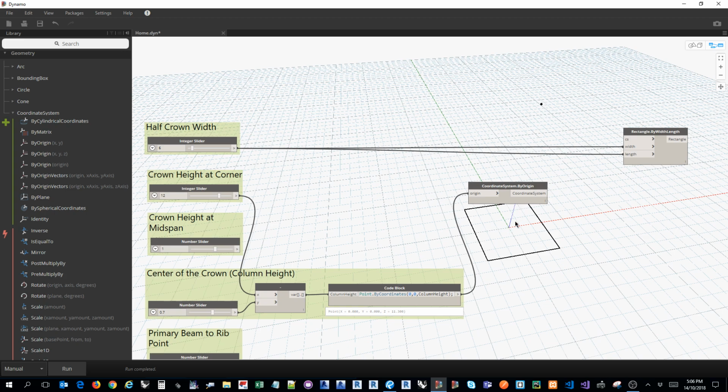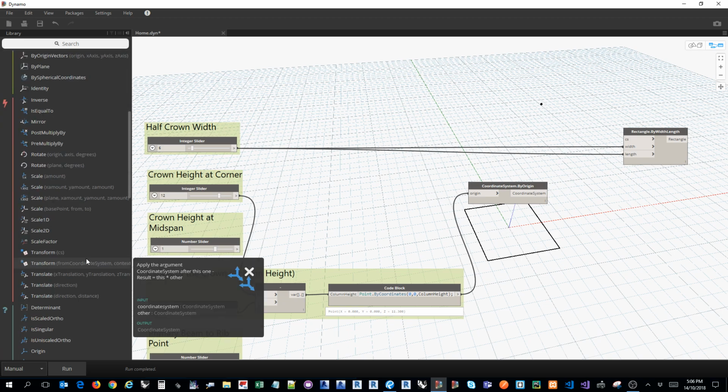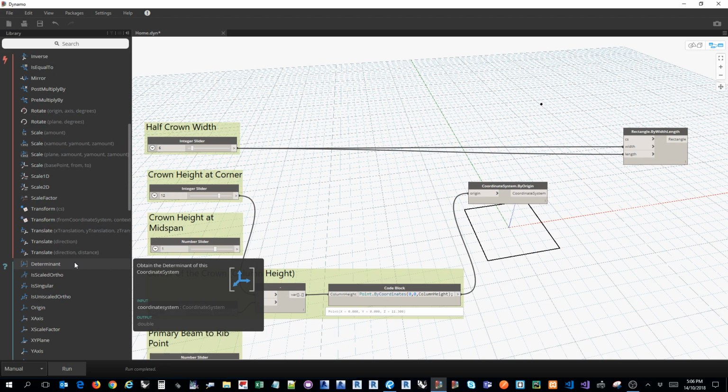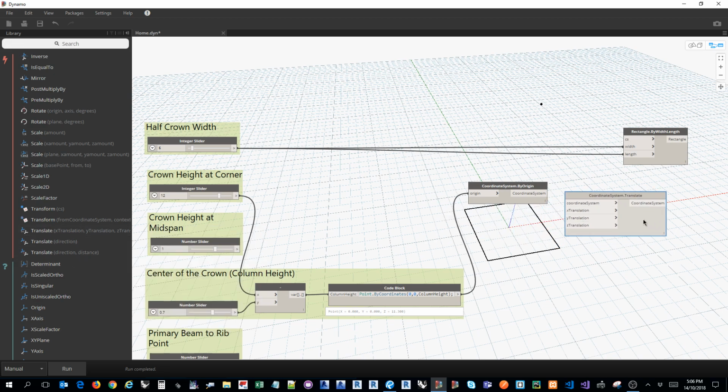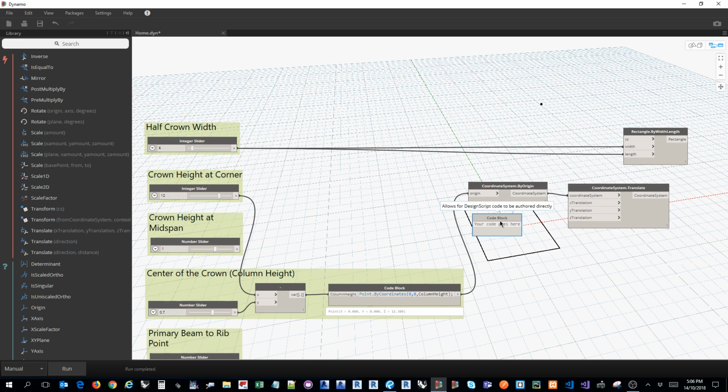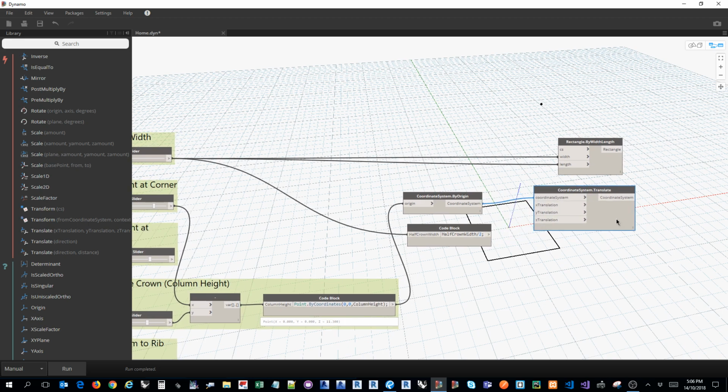So one of the corners of the rectangle will be matching the origin of our crown. So if we use the translate coordinate system and we take half crown width divided by 2, in X and Y,